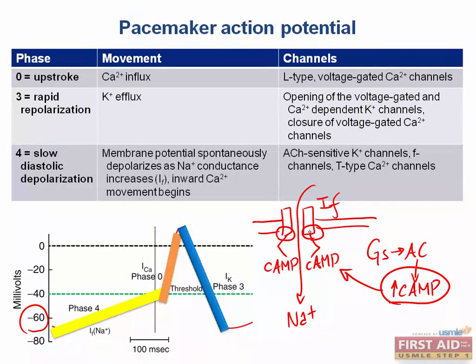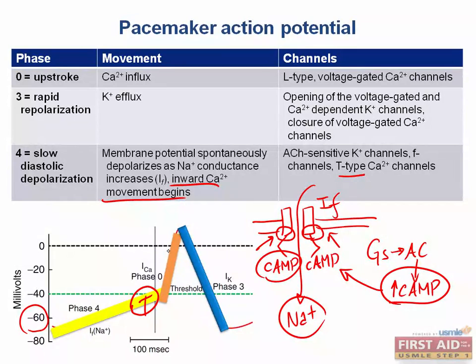So these funny channels respond to beta-adrenergic signaling by increasing the frequency with which they open or slowly depolarize in diastole, because cyclic AMP will bind the intracellular domain of the transmembrane channel, allowing more sodium to flow in. The influx of sodium increases the transmembrane potential towards a more positive value, which will trigger the opening of calcium channels. The calcium channels that are actually being activated in this last little segment of phase 4 are T or transient type calcium channels. The channels that dominate phase 0, do not get them confused,